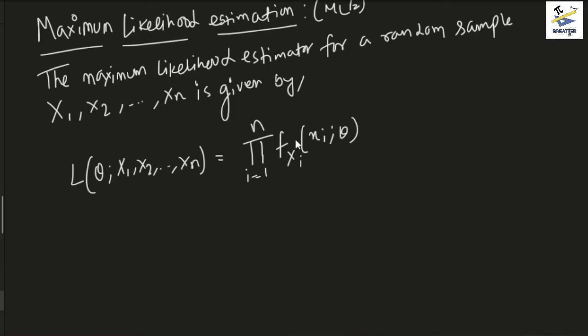So we take the product of the PDFs basically, and the PDF is dependent on some parameter theta which we are estimating. So that's how we do it. So we are trying to estimate the value of theta for which the likelihood is maximum. Okay, so that is what we are going to expect here. Now how do we evaluate this? Well, obviously now we turn back to our calculus days and we remember that we can take logarithm on both sides. So